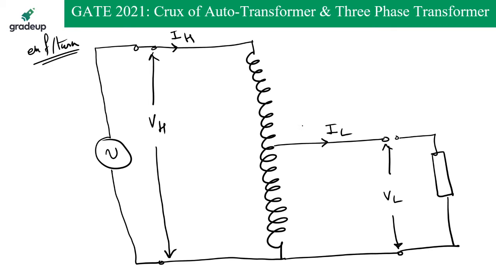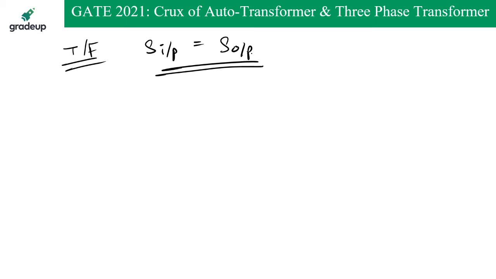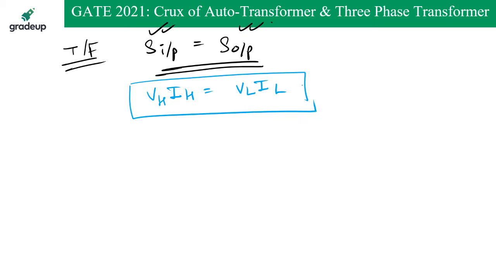Okay, now you please try to understand, whatever type of transformer you are having, for any transformer the input power and output powers are going to be same. Why? Because transformer is a static device, it is not a rotating machine. Losses are going to be very less, core losses and copper losses. So you can understand input and output power is about to be same. It means, can I write VH IH is equal to VL IL? Can I write this equation with due respect to the losses? Tell me yes or no.